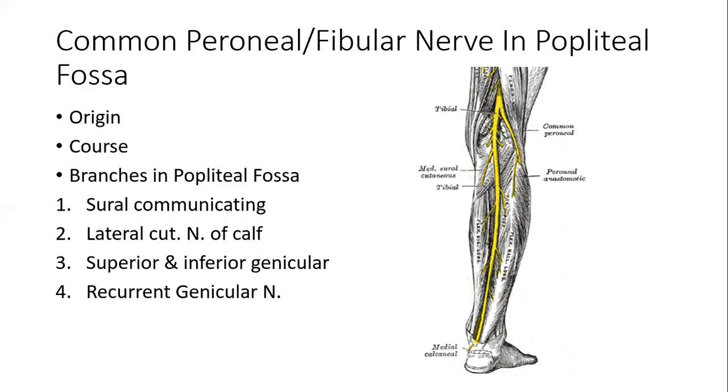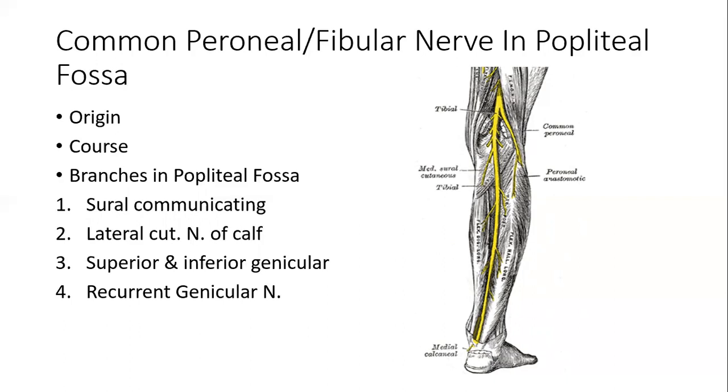It is this muscle through which common peroneal nerve pierces and enters the anterolateral compartment of the leg, where it comes to lie against the neck of the lateral bone of the leg, which is called fibula, and it divides into its terminal branches, superficial and deep peroneal nerves.